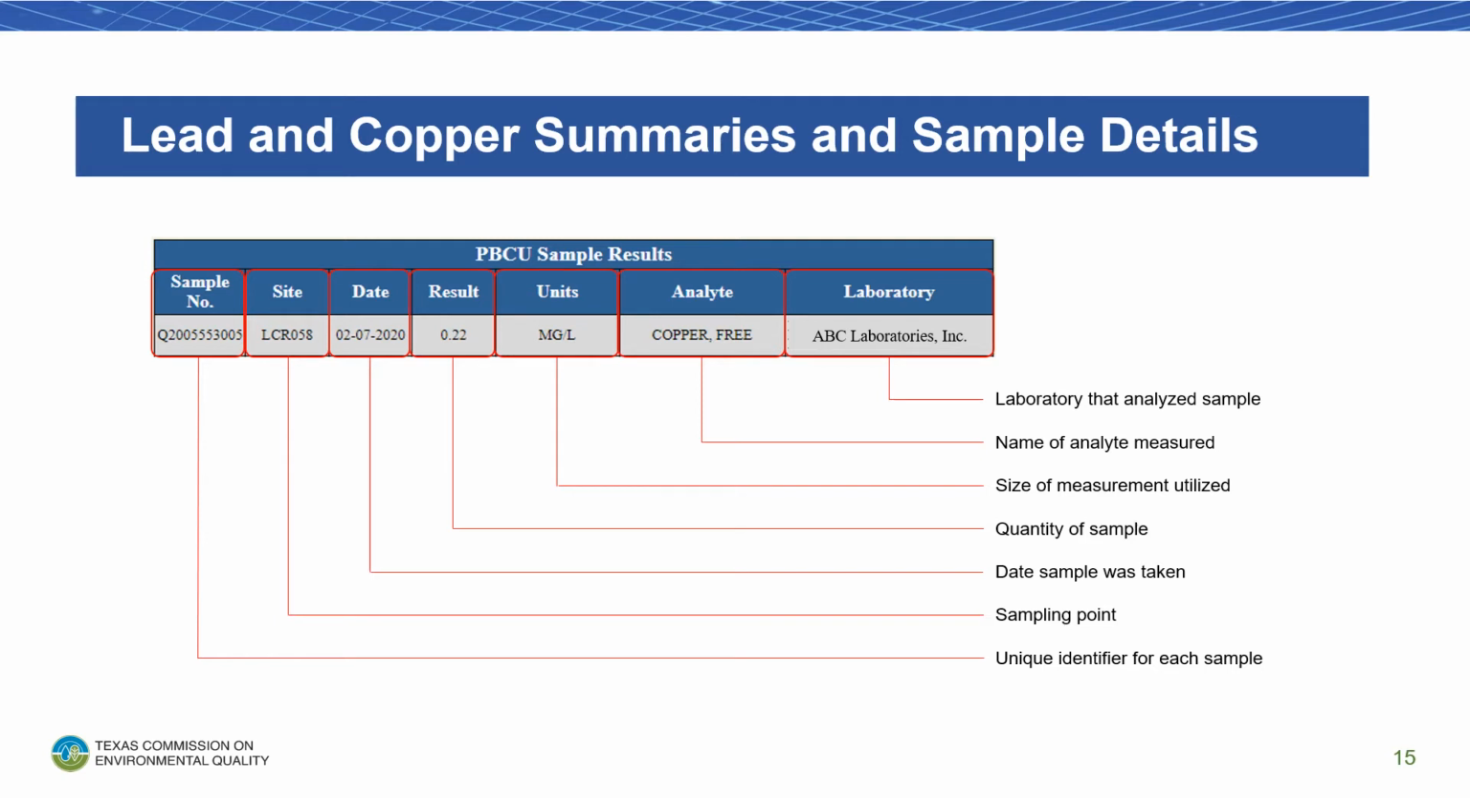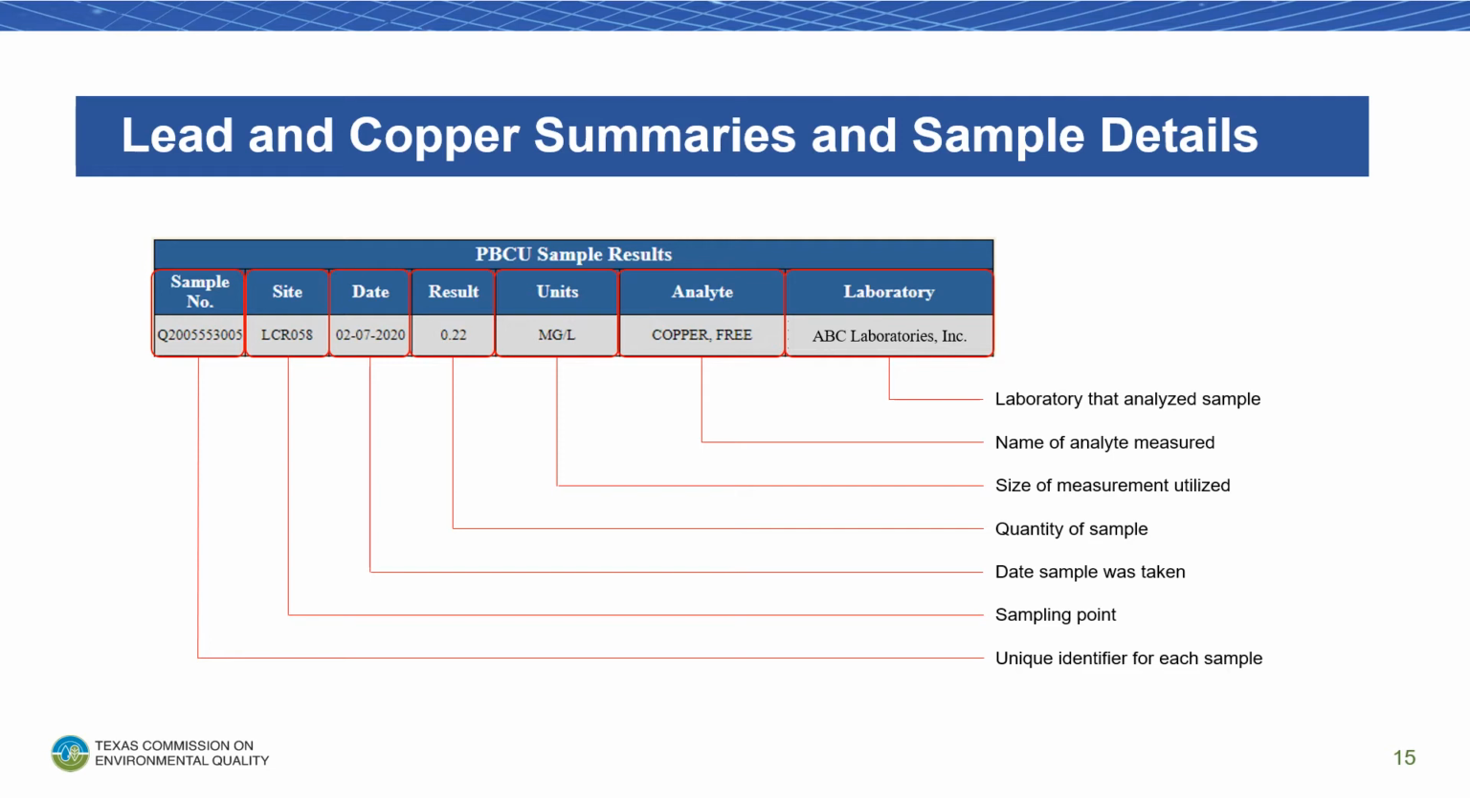On this page, we'll discuss what information is housed in each part of the detailed sample results table. Sample number provides the unique identifier the laboratory has associated with the sample. Site describes the sample point location. All sample points for a system can be found by clicking the yellow link on the PWS main page labeled